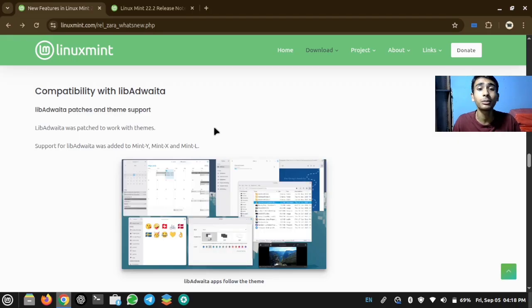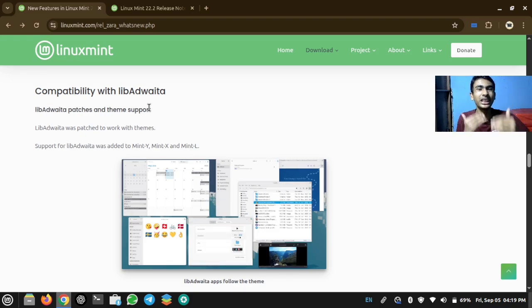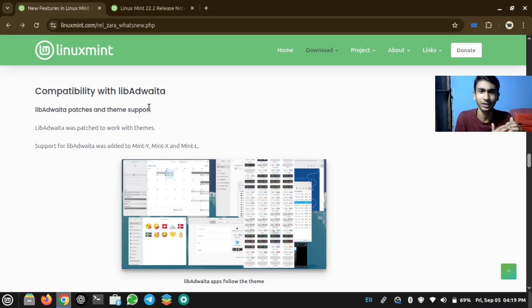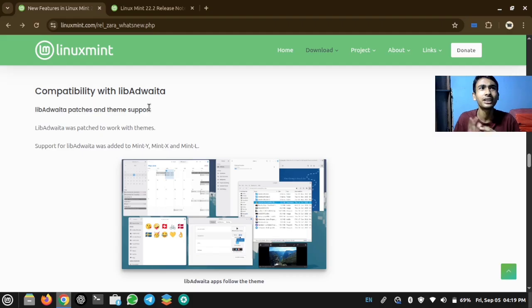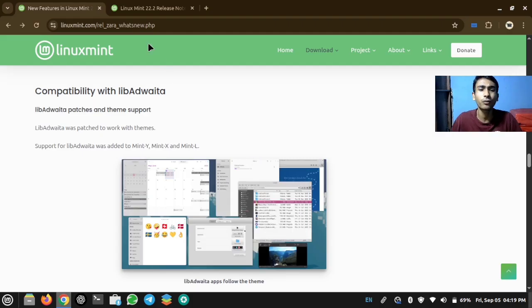But Linux Mint uses its own themes, the Mint Y, Mint M, and Mint X themes. So what they have done is, libadwaita was not very compatible with Linux Mint. It was giving some issues. The libadwaita apps were not following the themes of Linux Mint. So now they have forked the libadwaita apps of GNOME